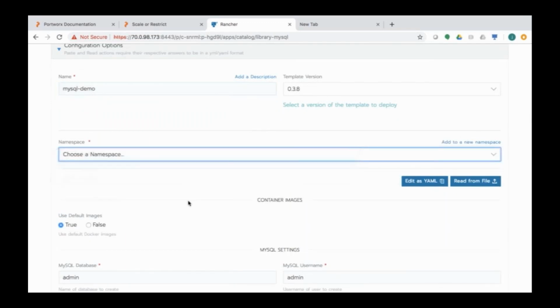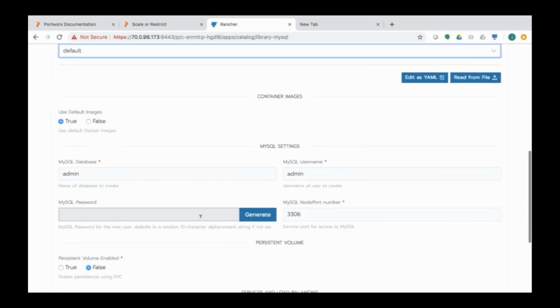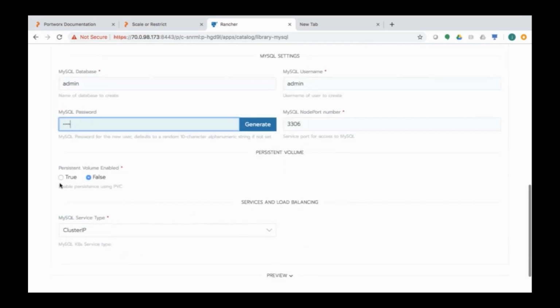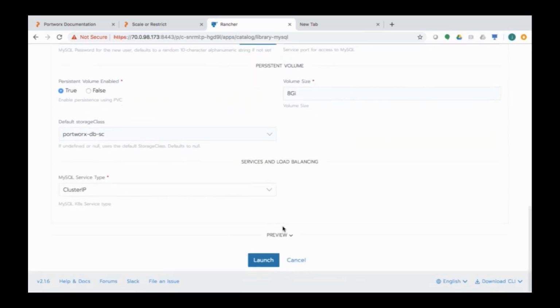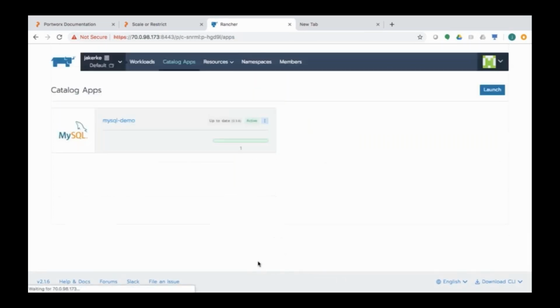I'm going to choose a namespace to deploy it to. I'm going to create a MySQL password so I can log in once on the server side. I'm going to specify a storage class. Portworx provides default storage classes for your application, and the storage class is going to define things like backup policy,